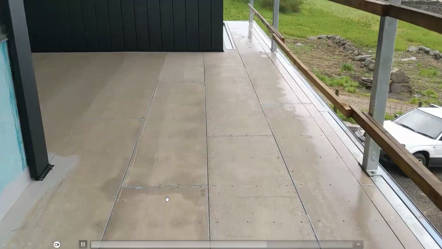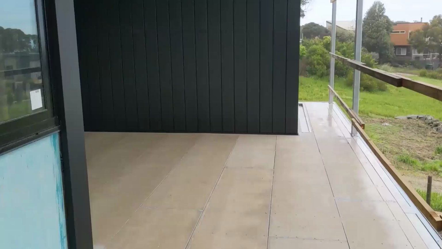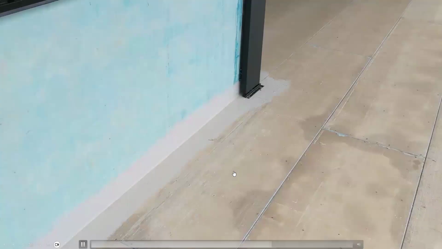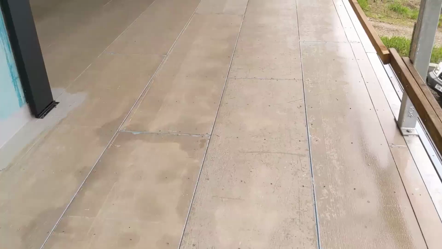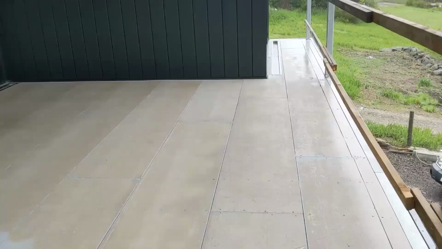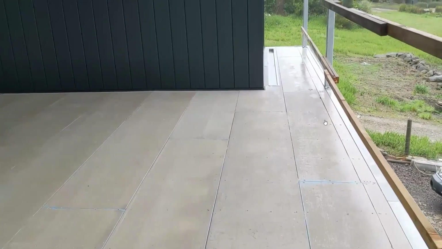So quite a large balcony here, and unfortunately for the builder, going to have to rip a few things off and start again. Very common in the industry, unfortunately. Also, that drain